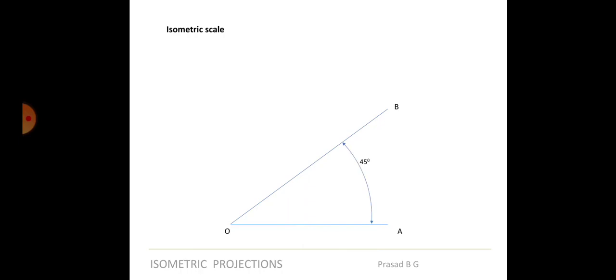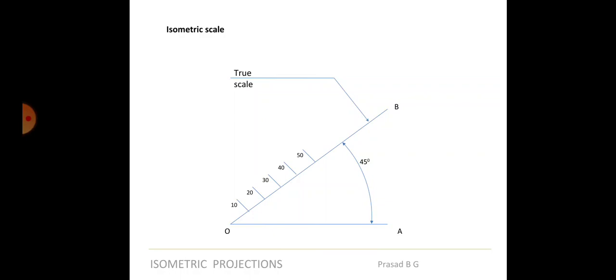As it is shown here, you will draw it at an angle of 45 degrees, and that will be the true scale. Just now we did the derivation, right? There I told you, if you draw at 45 degrees, that line is the true scale, and proportionately, if you want to get the isometric scale, you will have to draw it at 30 degrees. That is what exactly we are doing here. We are first taking a true scale, drawing it at an angle of 45 degrees, and then you can divide that particular scale into a number of divisions.